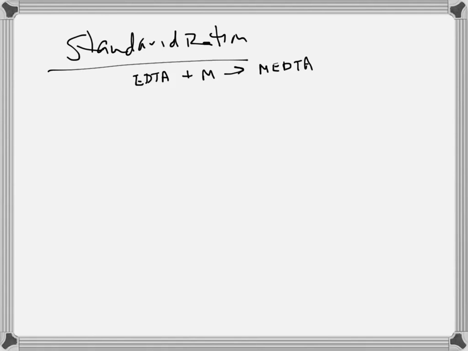What does the indicator tell us, though? What happens when the indicator changes color? It tells us that the moles of our metal ion is equal to the moles of our EDTA. So if we know one of those mole values, we can then calculate what the other one is. So for our standardization, we're going to start with